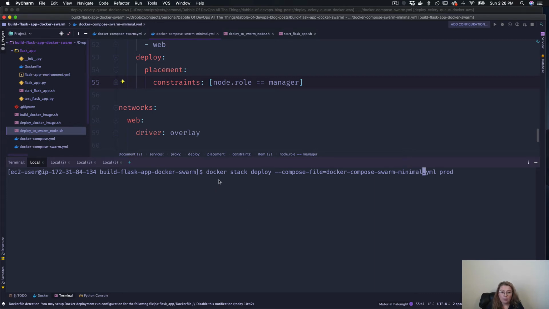Okay, so what I have here is docker stack deploy, and then the compose file, which is the path to the compose file, in this instance docker compose swarm minimal.yaml, and I'm naming this prod, which is kind of a terrible name, but I'm just bad at naming things. So I'm going to show you exactly what that looks like in a second, but the easiest way to describe